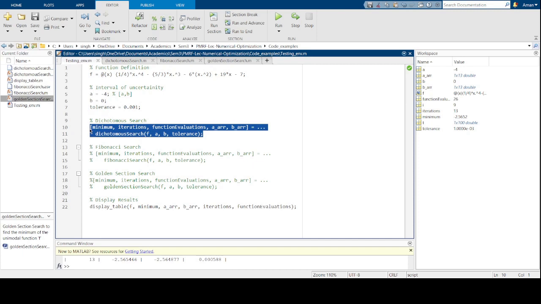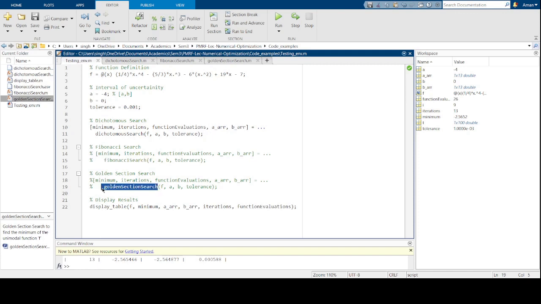The function that runs intakes the function definition, the first interval of uncertainty and the tolerance, and gives you the minimum value, the iterations and the function evaluations, and the rest of the arrays necessary for data plotting. There are Fibonacci search and golden section search also, which we'll look at later on, and right now they are commented. Then there is a function display result which displays the results